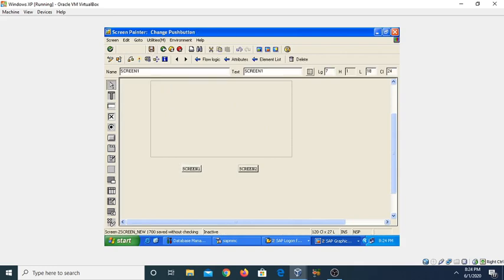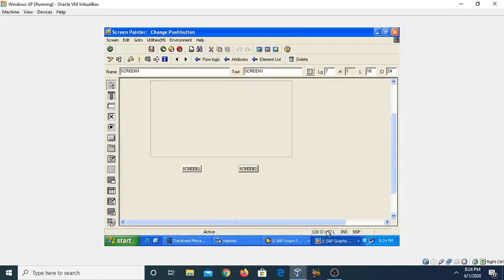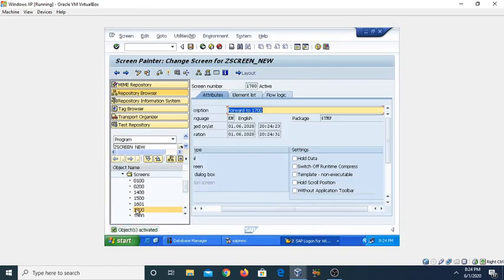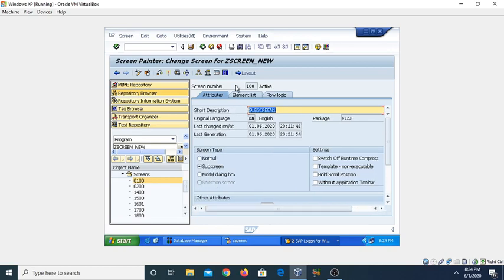Now click on the save button and then compile it and then activate it.